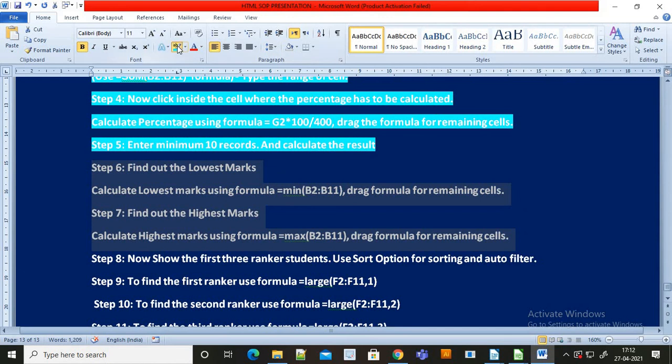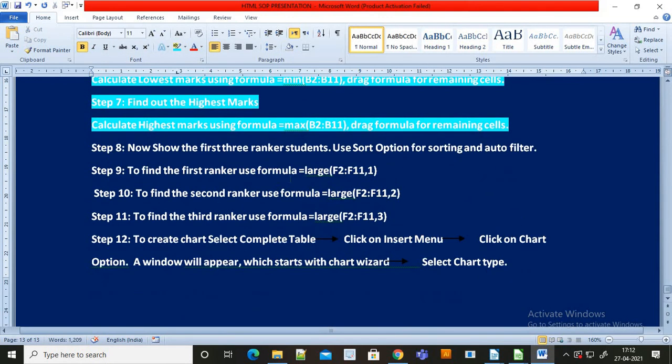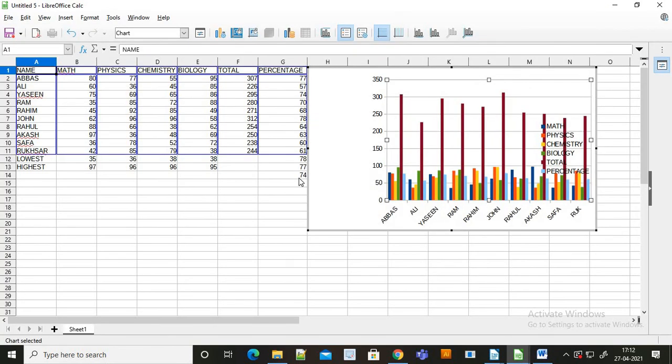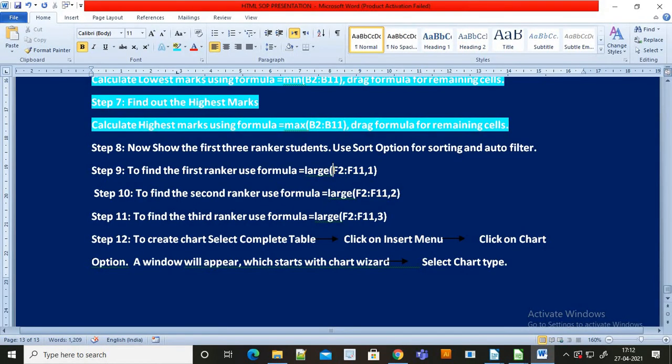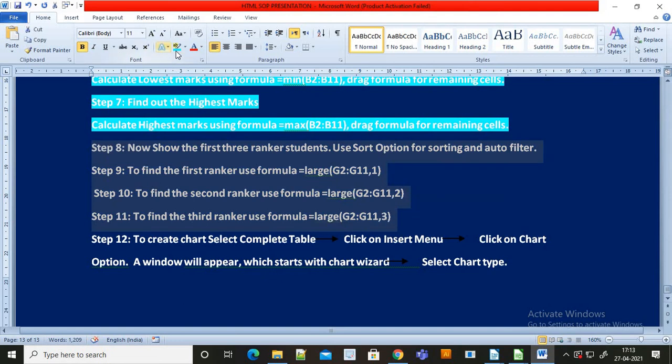Then the other thing I need to do is the first three rankers. Here my range was G2 colon G11. So I have used G2 colon G11 for first ranker first, for second ranker second, and for third ranker third. So here I fulfilled all the criteria of the question for the first three rankers by applying the formula. Formula is very important.